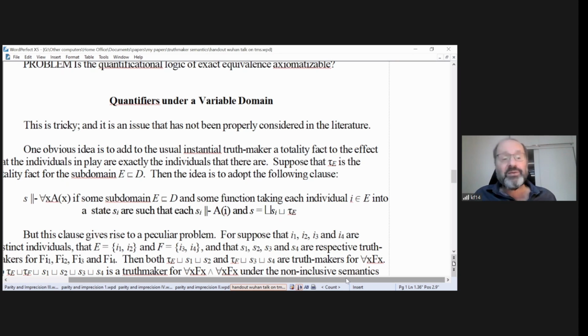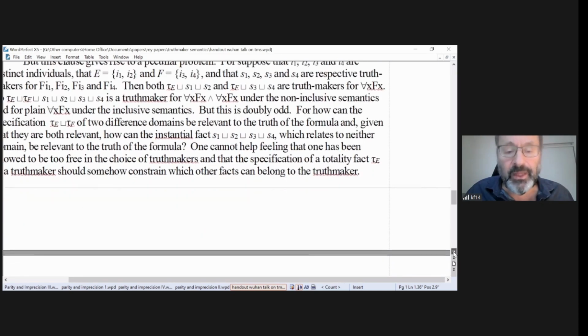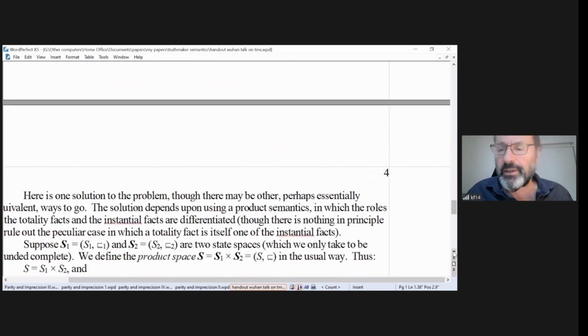And under the inclusive semantics, that odd thing will be a truth maker for "for all x, Ax" itself. Forget about the conjunction of "for all x, Fx" and "for all x, Fx". It will be a truth maker for "for all x, Fx". So this is a problem, and what I'm going to suggest is a solution to the problem. I'm running out of time, so the solution really rests upon a technicality and a philosophical thought. The philosophical thought is this: